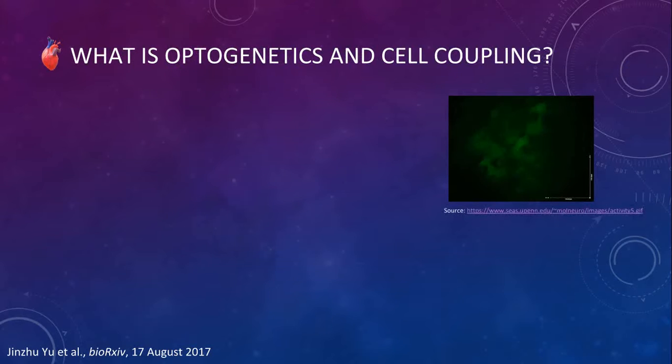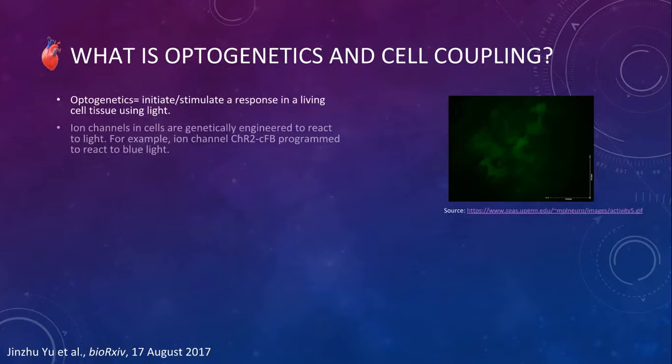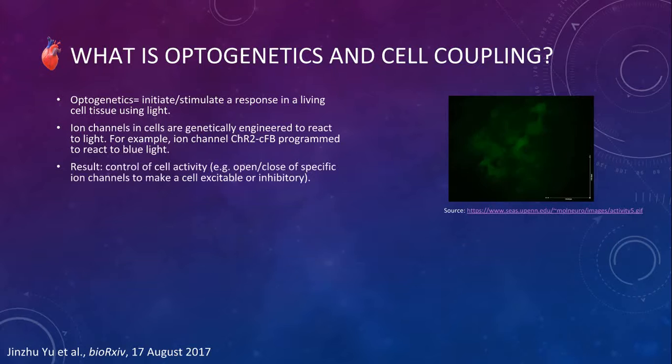First of all, let's look at what optogenetics and cell coupling are. Optogenetics is a biological technique used to initiate or stimulate a response in living cell tissue using light. Ion channels in cells are genetically engineered to react to light, for example, the ion channel channelrhodopsin 2 is programmed to react to blue light. This results in control of cellular activity, such as opening and closing of ion-specific channels to make a cell excitable